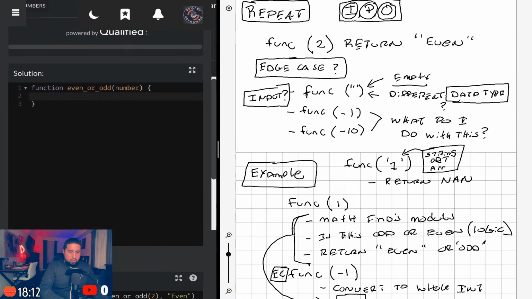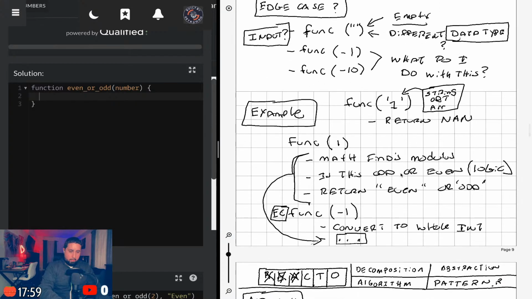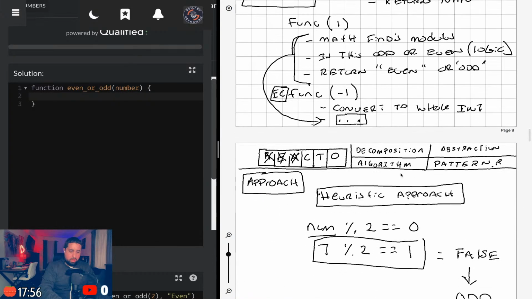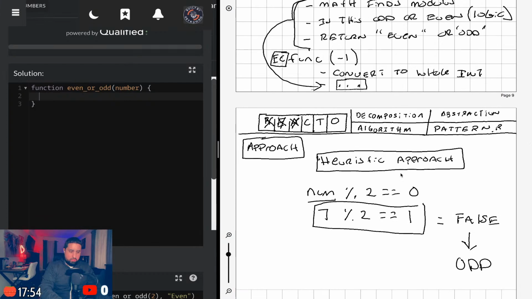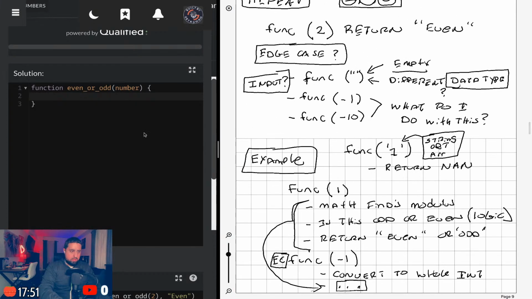All right, here we go. So I want to do some pseudocode. So I'm going to say, I want to first, tell you what, let's grab the number and store it in its own variable.